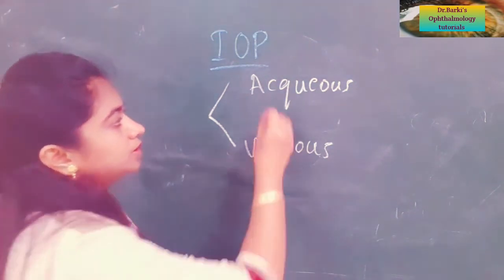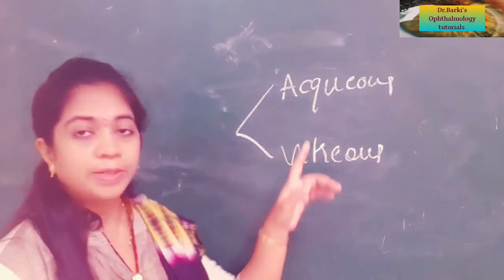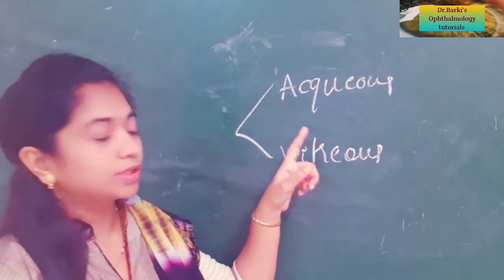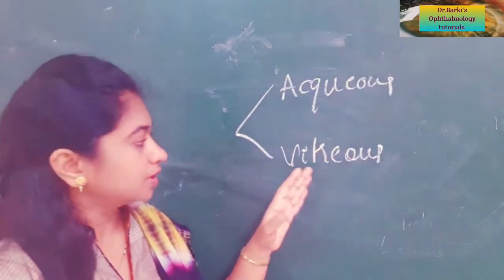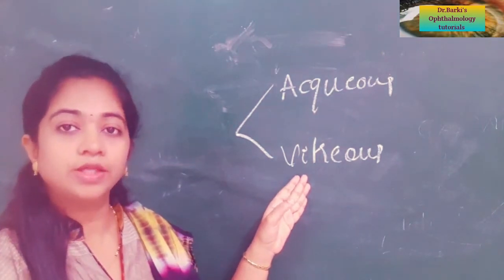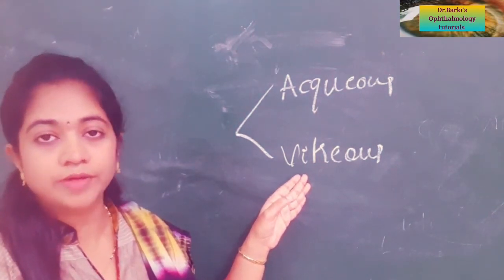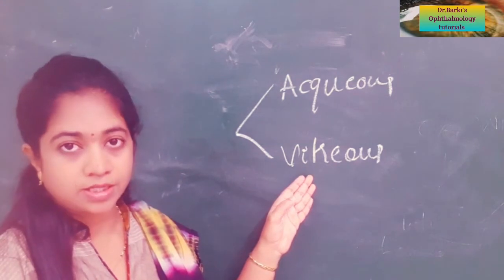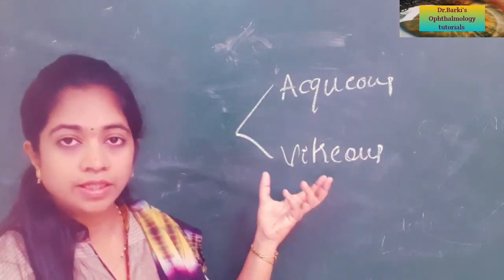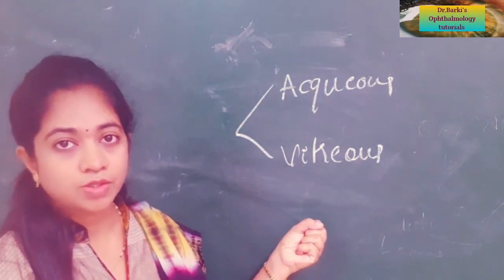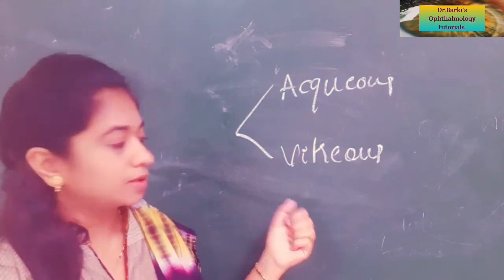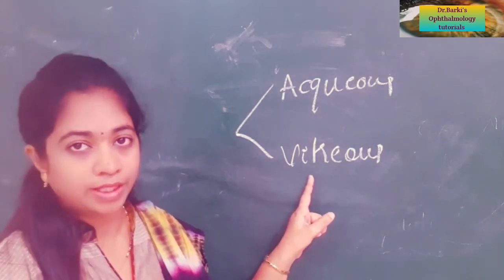So let's see about this aqueous humor. Though it's mainly the aqueous which is involved in the pathogenesis of the intraocular pressure, the property of the vitreous is made use of to decrease the intraocular pressure when we are managing glaucoma patients. We will just induce a dehydrated state in the vitreous so that the intraocular pressure decreases. But in the pathogenesis, it is not involved directly.